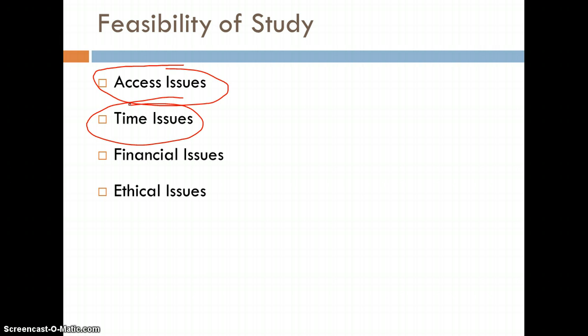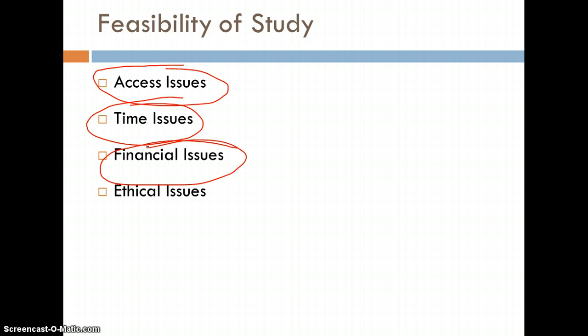And so what a lot of people, including myself, end up doing is scaling back how much they are really going to try to accomplish based on the time that they have available to them. Another restriction or a limitation, unfortunately, is often financial. If there was a bottomless pit of money, we would have no restrictions in terms of our financial ability to conduct research. But that is rarely the case. Even something as simple as printing multiple copies of a questionnaire that you want to distribute to potential participants can be extremely expensive when you get more than 100 participants involved.